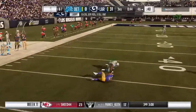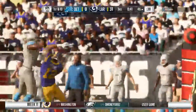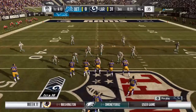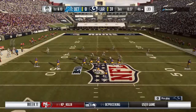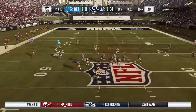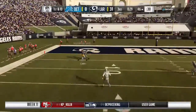And that's complete to Cooks. He's got another first down, and he's also just a few yards short of 200 for the ball game. His big game continues. Already has the 3 touchdown grabs, tacking on some more yardage and a first down. And how precise has his route running been in this game? We just saw him get open yet again. And he's also made adjustments as the...